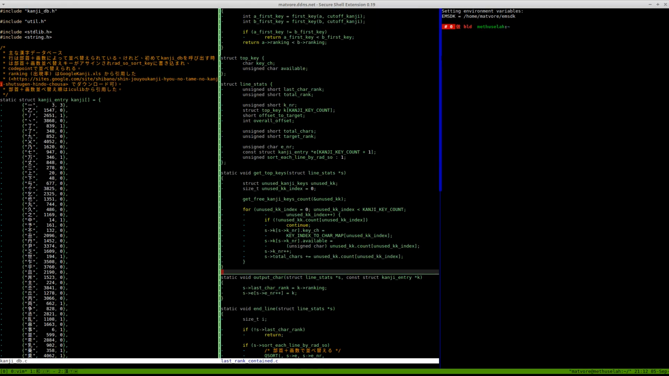And so yes, this is the original source for the kanji, and the place where we pull it out is in last rank contained, and it looks like line stats might have what we want. So we have, let's see, construct kanji entry. That might be it. So kanji entry corresponds to lines in the database over here. So we have for E,